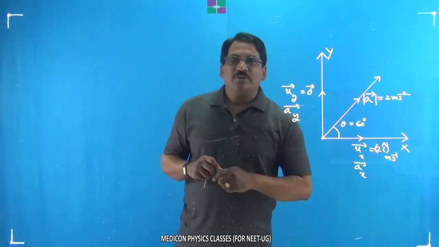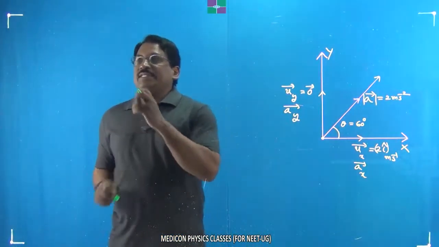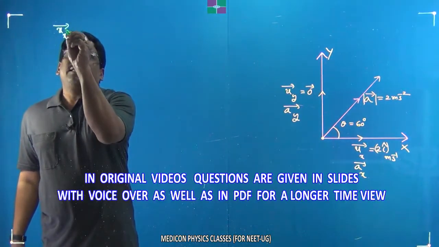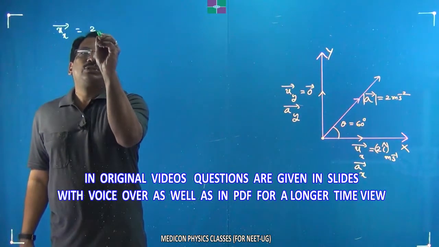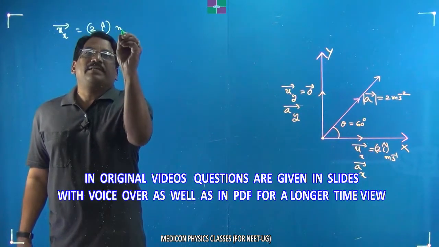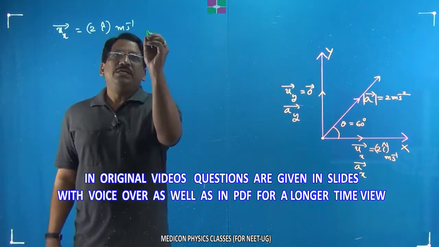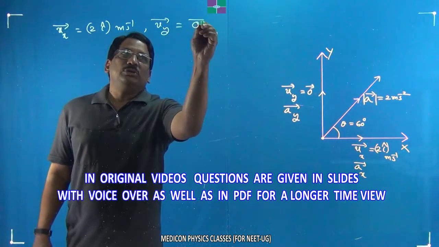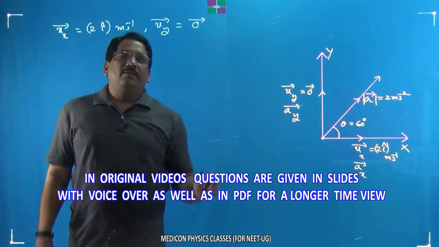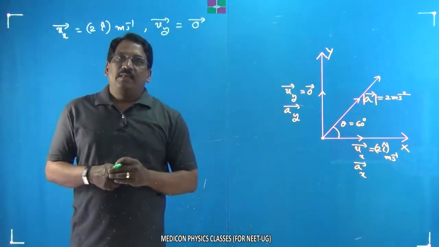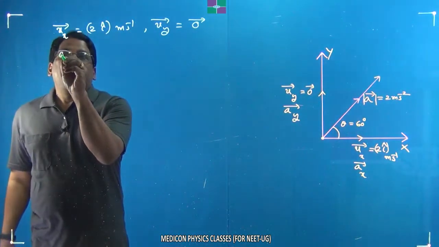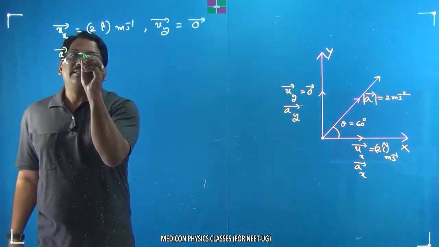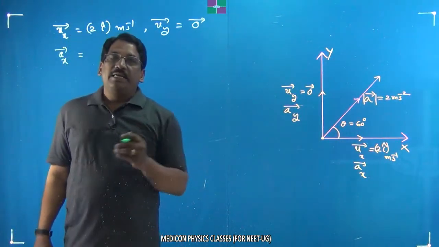So let's go ahead with the solution for this. Now it's given that the initial velocity along the x-axis is 2 i-cap meter per second, and the initial velocity along the y-axis, that is u_y bar, is 0 bar. There is no velocity along the perpendicular. And the acceleration, when we resolve it into two components, a_x bar, the acceleration component acting along the x-axis,